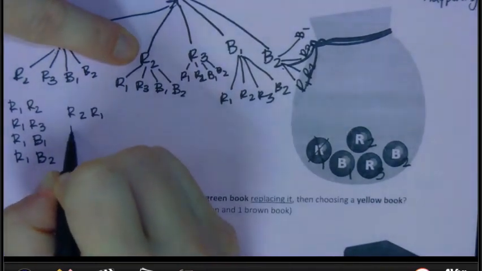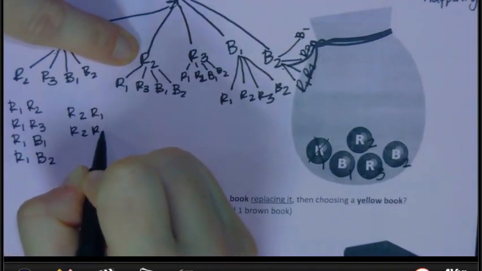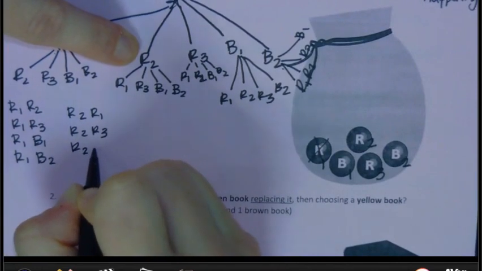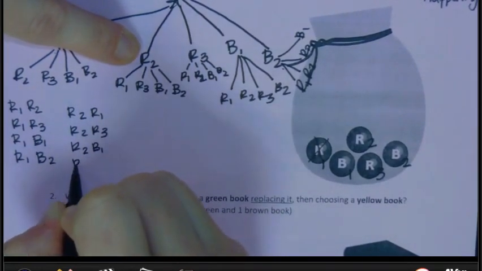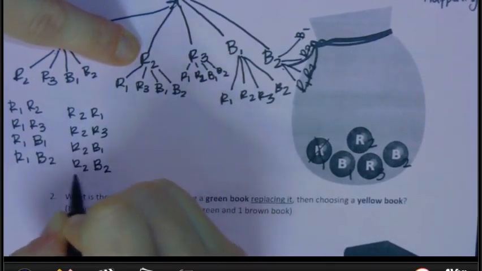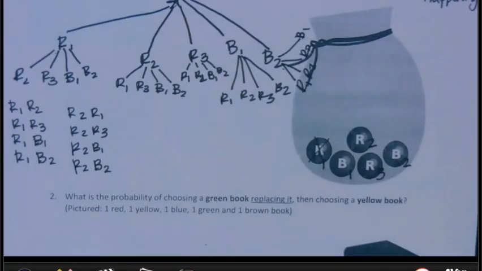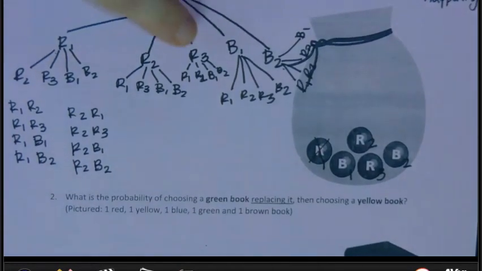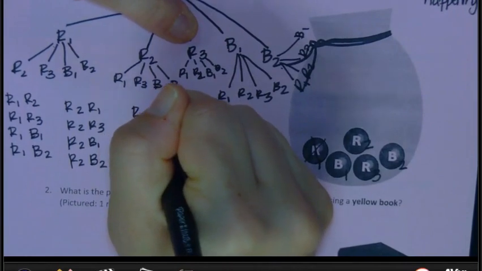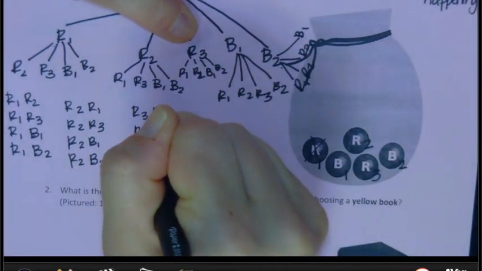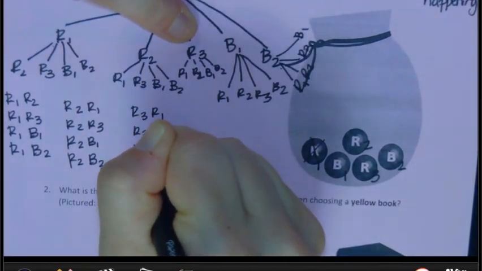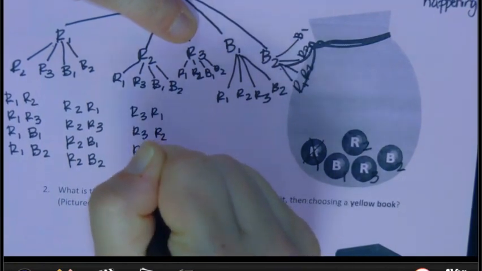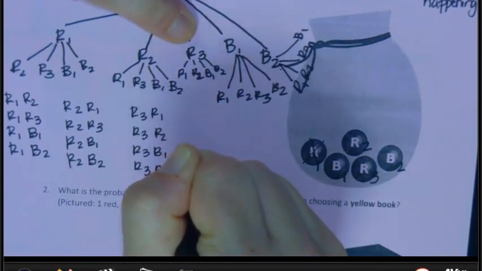R2, R1. R2, R3, R2, B1, R2, B2. Okay, pause the video and take a moment, and I want you to create your organized list for the next 3 branches, please. R3, R1, R3, R2, R3, B1, R3, B2,